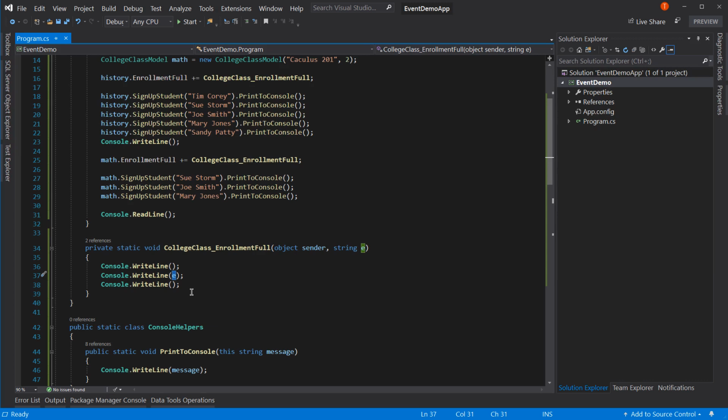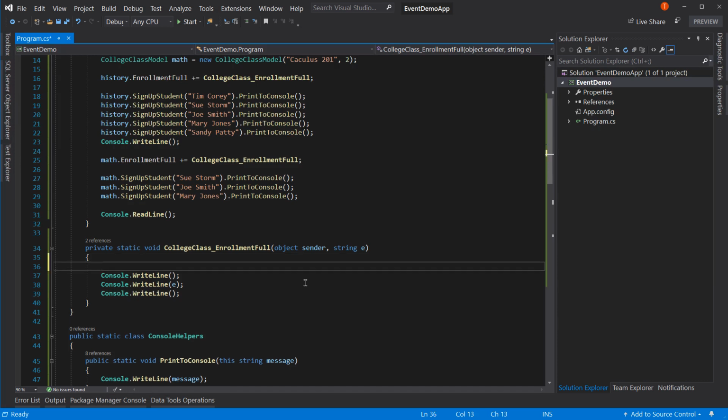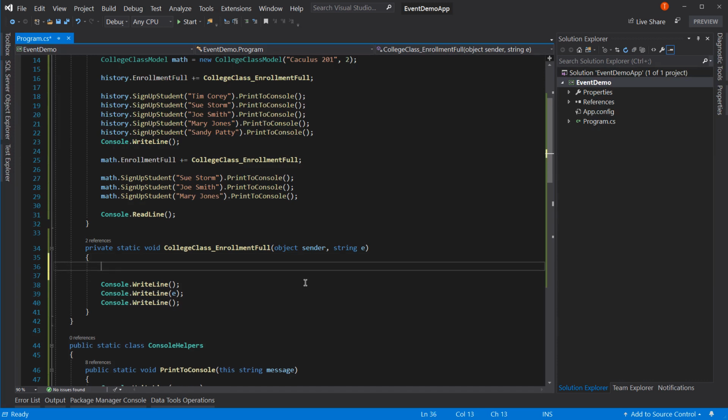Now, sometimes you don't have the luxury of passing that string in. Maybe you need to pass the entire object in or something else. So how do you figure out if it's the math class or the history class that called you? Well, what we can do is, since we know that there's a college class model, we can say college class model